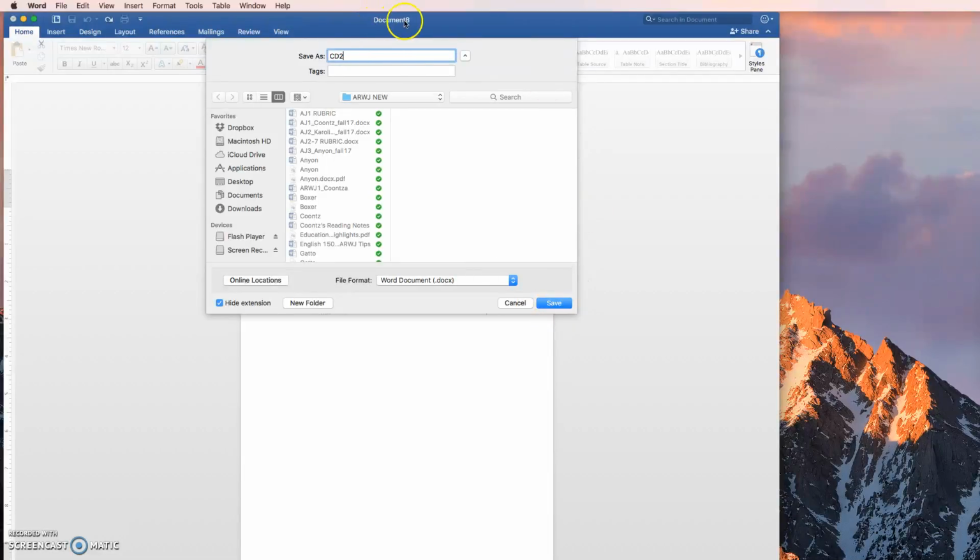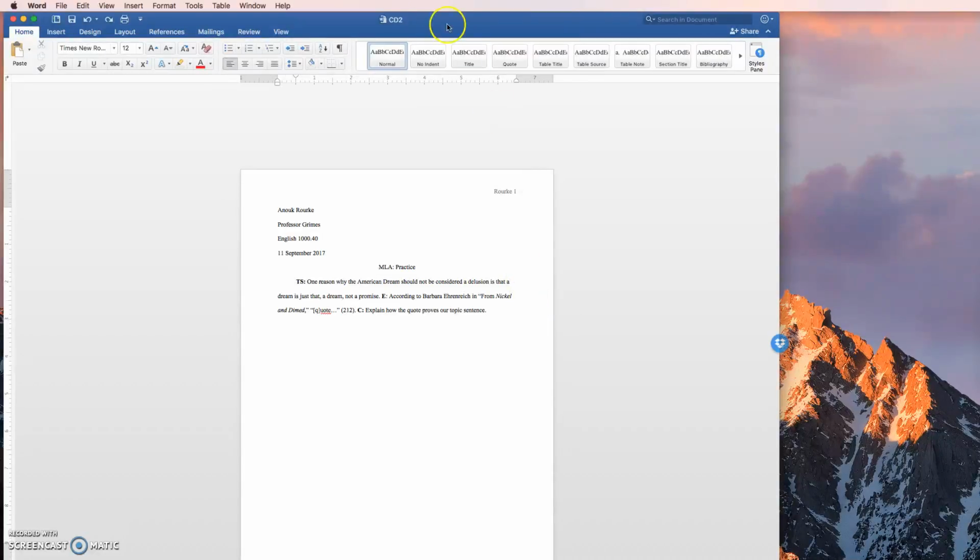And then it would change the document 8 to CD2. Well, let's just go ahead and do that so you can see how it looks. So you see it changed it to CD2, and voila, you have created a document that is accurate and according to MLA format. Now I'm anticipating that you have a question about whether or not you have to use Times